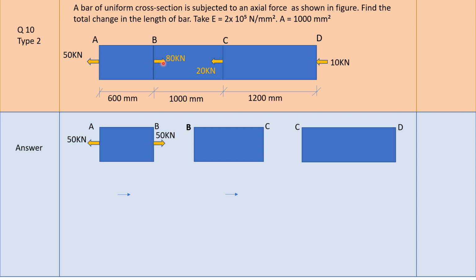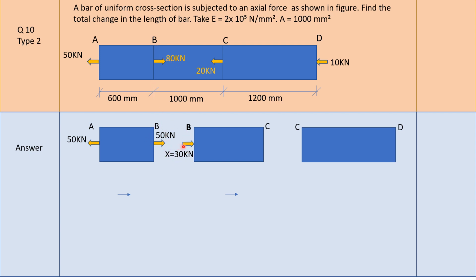Now 30 is balance. This force 50 is acting in the positive x direction and this is 80. So I have to show here a force which is 30 kilonewton. 80 minus 50 will give me 30. So this is a force at B which is 30. Now this 30 plus 50 total in the x direction, the force is 80 kilonewton. This is also in positive x direction. So 50 plus 30 totally with the force at B is 80. This is how we balance it.